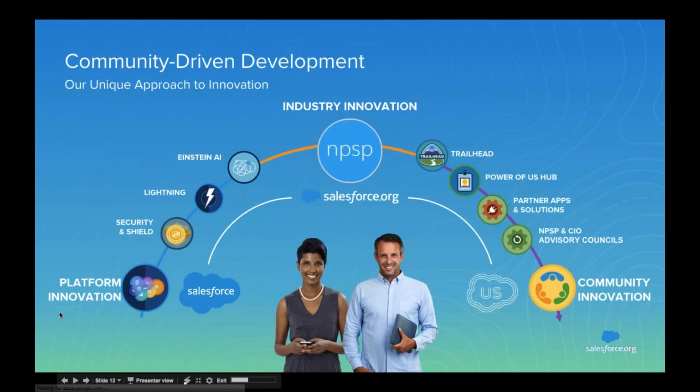I wanted to, again, discuss the great community behind NPSP. What is so great about this community is we're constantly working with them to develop NPSP throughout the year and throughout the past years as well. So we develop NPSP through something we call community-driven development. As you can see here, what we do is take the incredible innovation coming from Salesforce.com, including Shield and Lightning and Einstein,